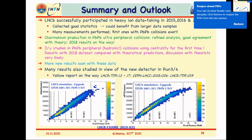Okay, so that brings me to my summary for today. LHCb has successfully participated in the heavy-ion data taking, and has provided us with this measurement, and we collected good statistics. For the first time, we finally have results in lead collisions, albeit still at high centrality. We can observe hadronic production in lead. We did it in 2015. The 2018 results are on the way, and they are